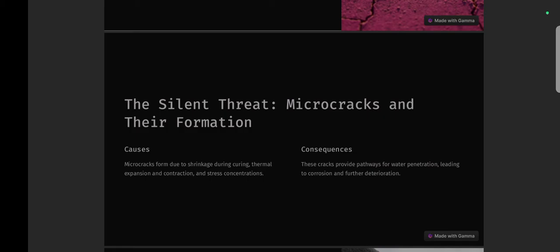It reduces the strength and durability. Although individually microcracks may not significantly reduce concrete's overall strength, their presence can make the material more susceptible to further damage. Microcracks also provide pathways for water and aggressive chemicals to penetrate deeper into the concrete,